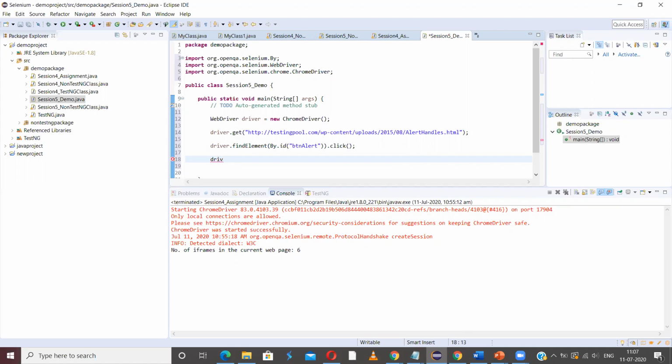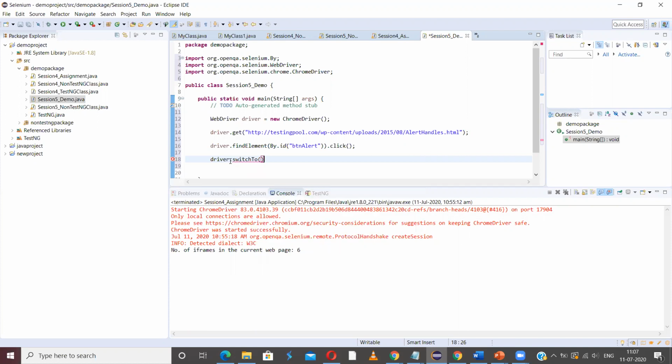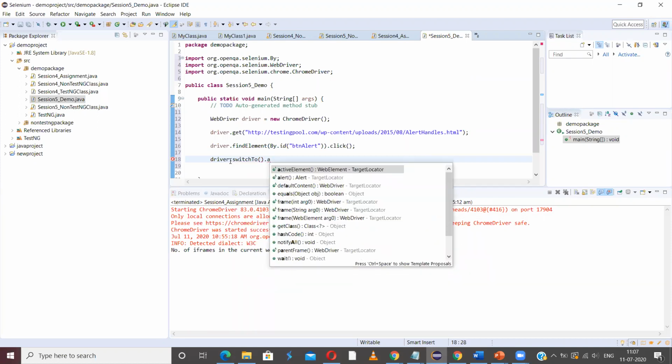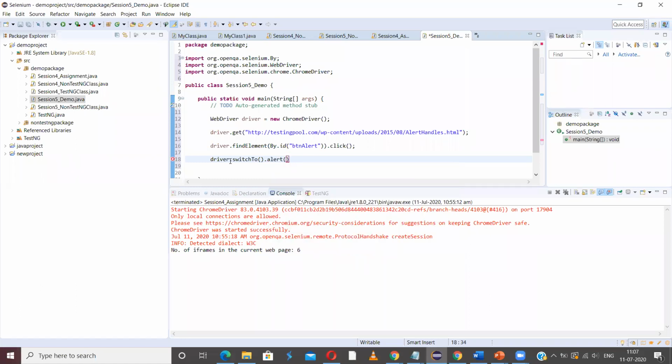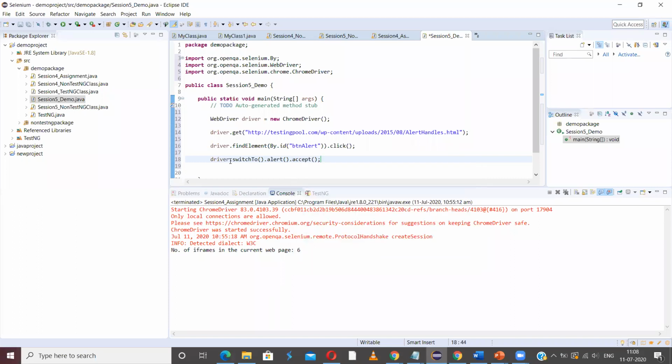So driver dot switch to, what I have to switch to is an alert. And on the alert, I have to click OK. So OK is accept. When I use the accept method, it will click on the OK button on that particular alert.